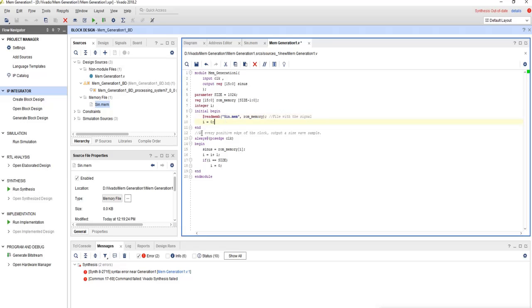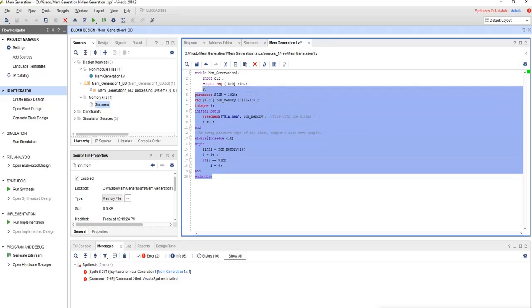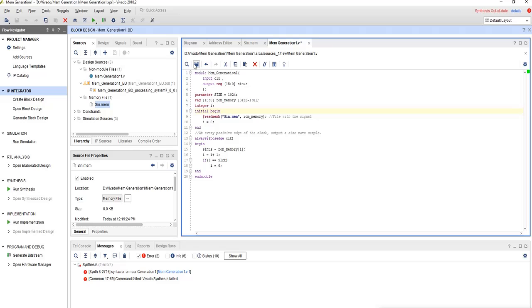Now here at every positive edge of clock, we will be reading the ROM memory values into the sinus variable. It is a 16-bit output variable. So this is my code. Let's save it.